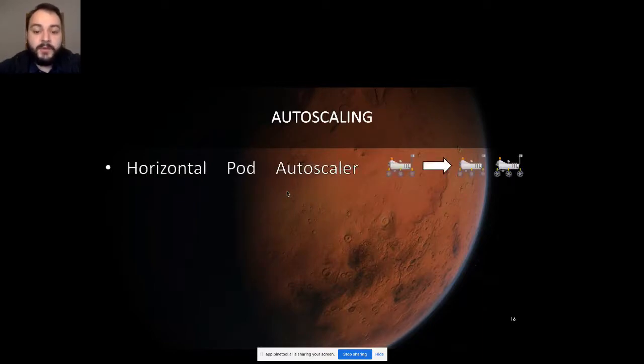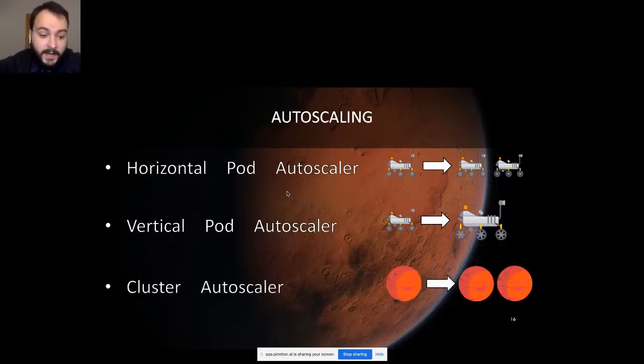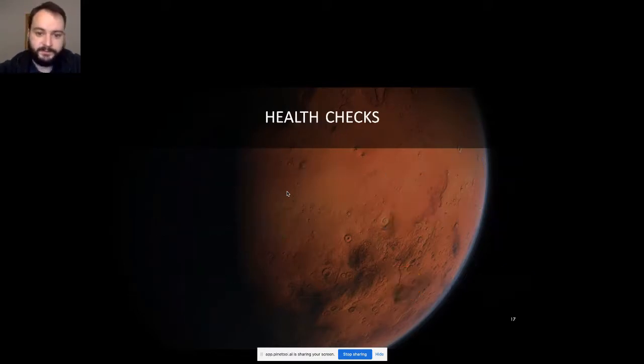However, Kubernetes can allow you to do auto-scaling using the mechanism called horizontal pod autoscaler, which will allow you to set up some metrics, for example, the CPU usage, to scale your application automatically. So you don't have to set up anything additionally, and you don't have to constantly monitor your system to scale it up manually. Also, you can scale vertically to allow your application to use more resources when needed. And of course, the cluster autoscaler will allow you to add new nodes to your cluster in case you don't have enough for your application.